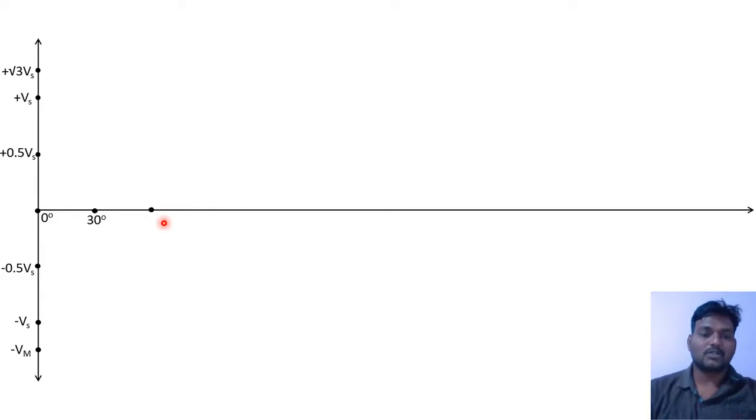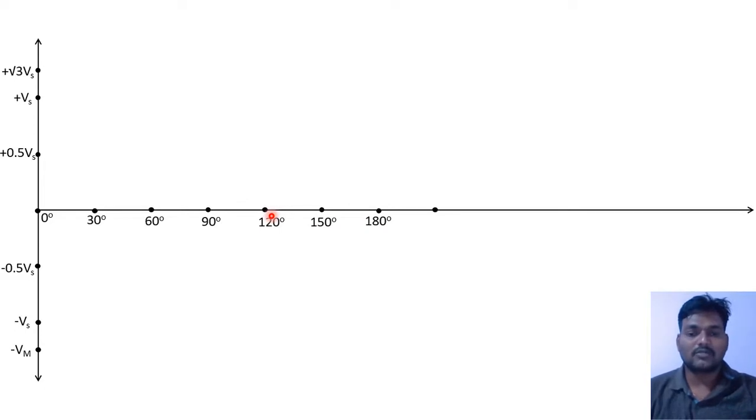And repeat this process: 60 degrees, 90 degrees, 120 degrees. So the distance between any two dots on the horizontal line or x-axis is always 1 centimeter. So at 1 centimeter again you measure, name it as 150, followed by 180, 210, 240, 270, 300, 330